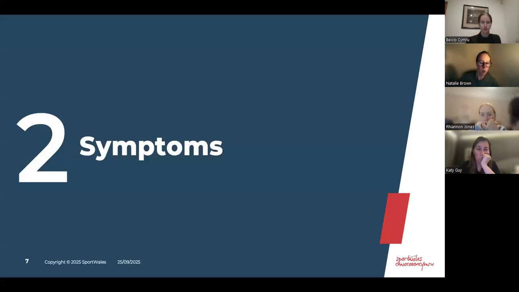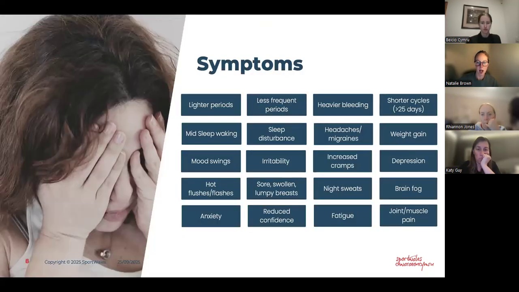In terms of what those symptoms are, I've put on here what I would say are the most common symptoms. There are a lot more symptoms, and everyone experiences different symptoms and signs. I'm sure, Katy, from a medical perspective, you'd add in loads of other ones that you've seen when working with different females. So I've put on here some of what I describe as the more common, frequently reported symptoms.